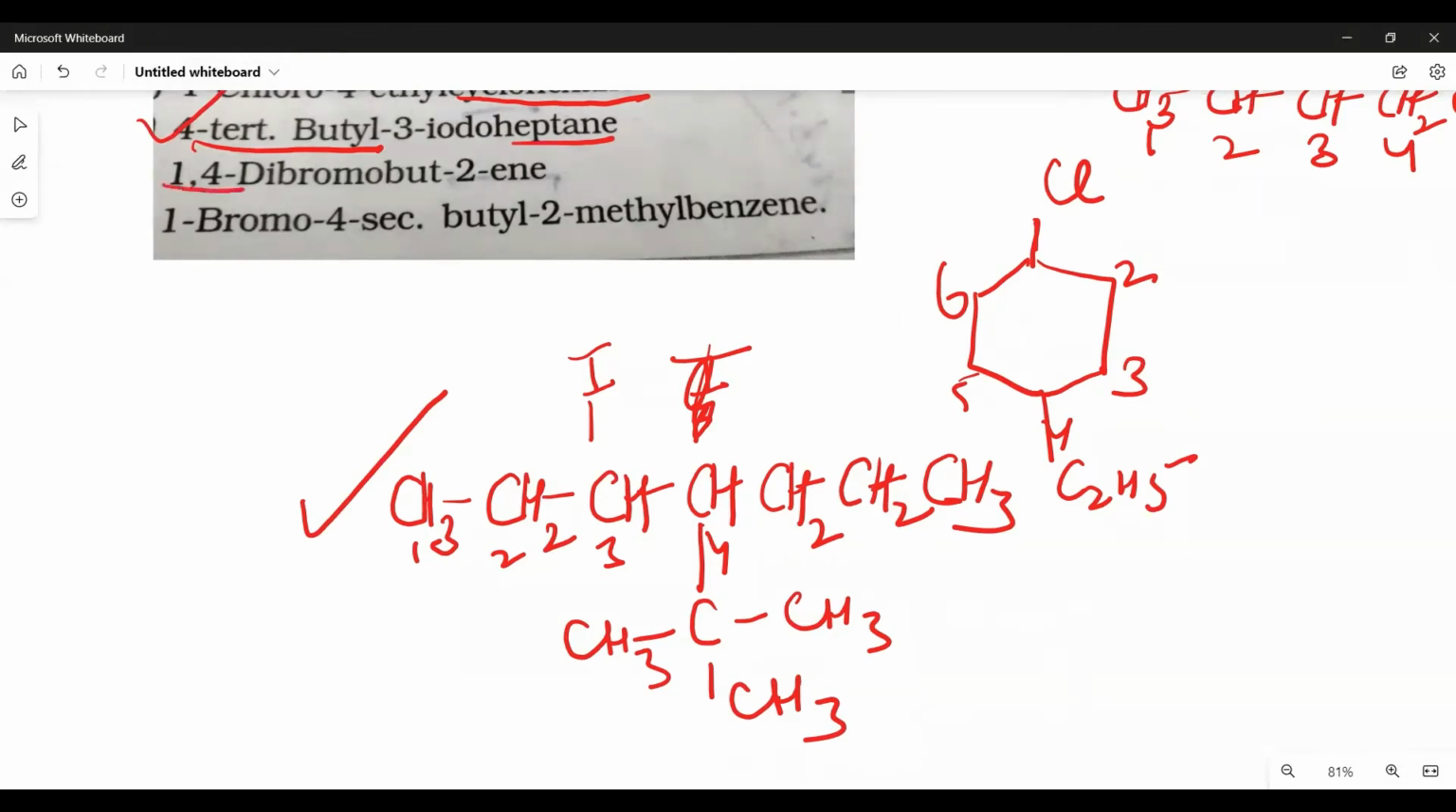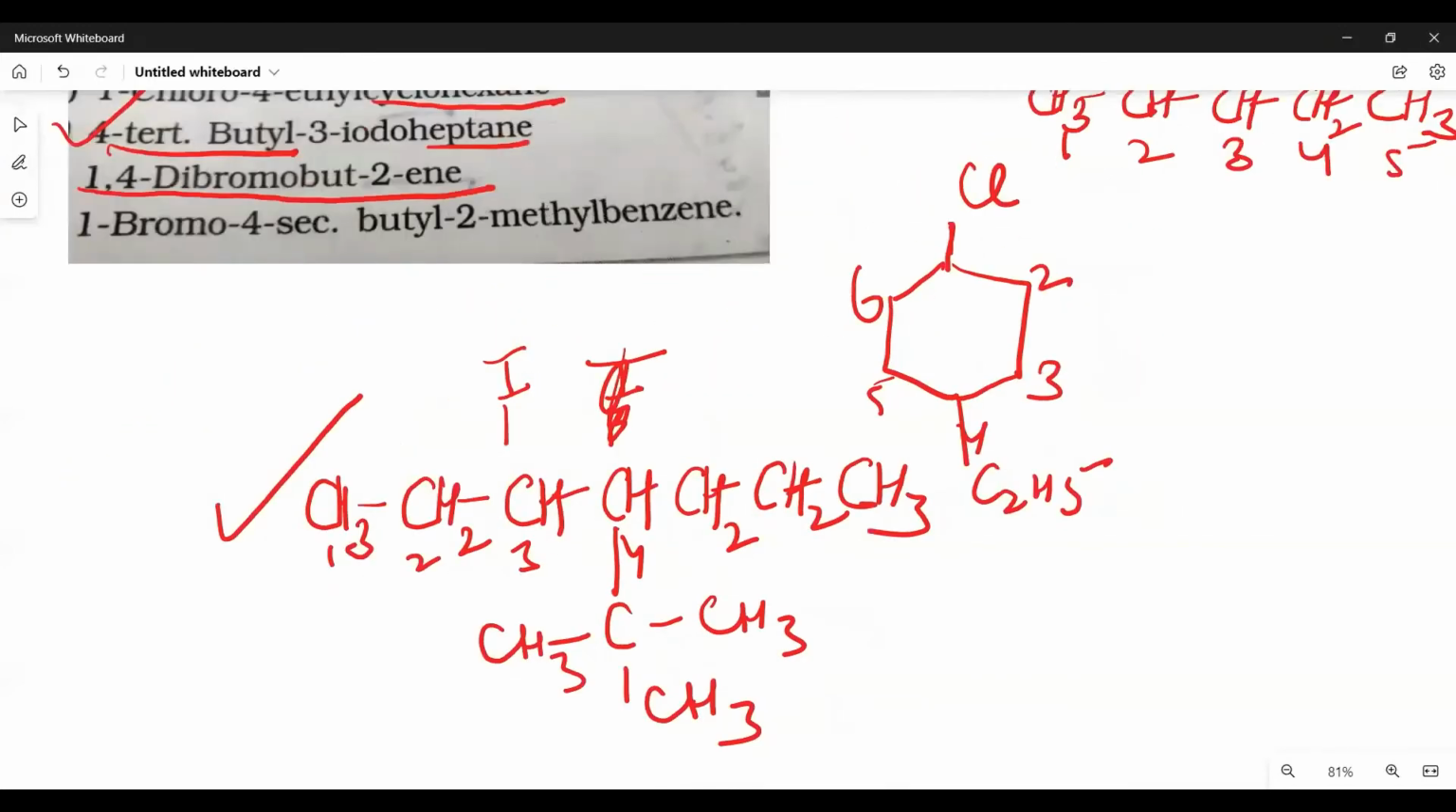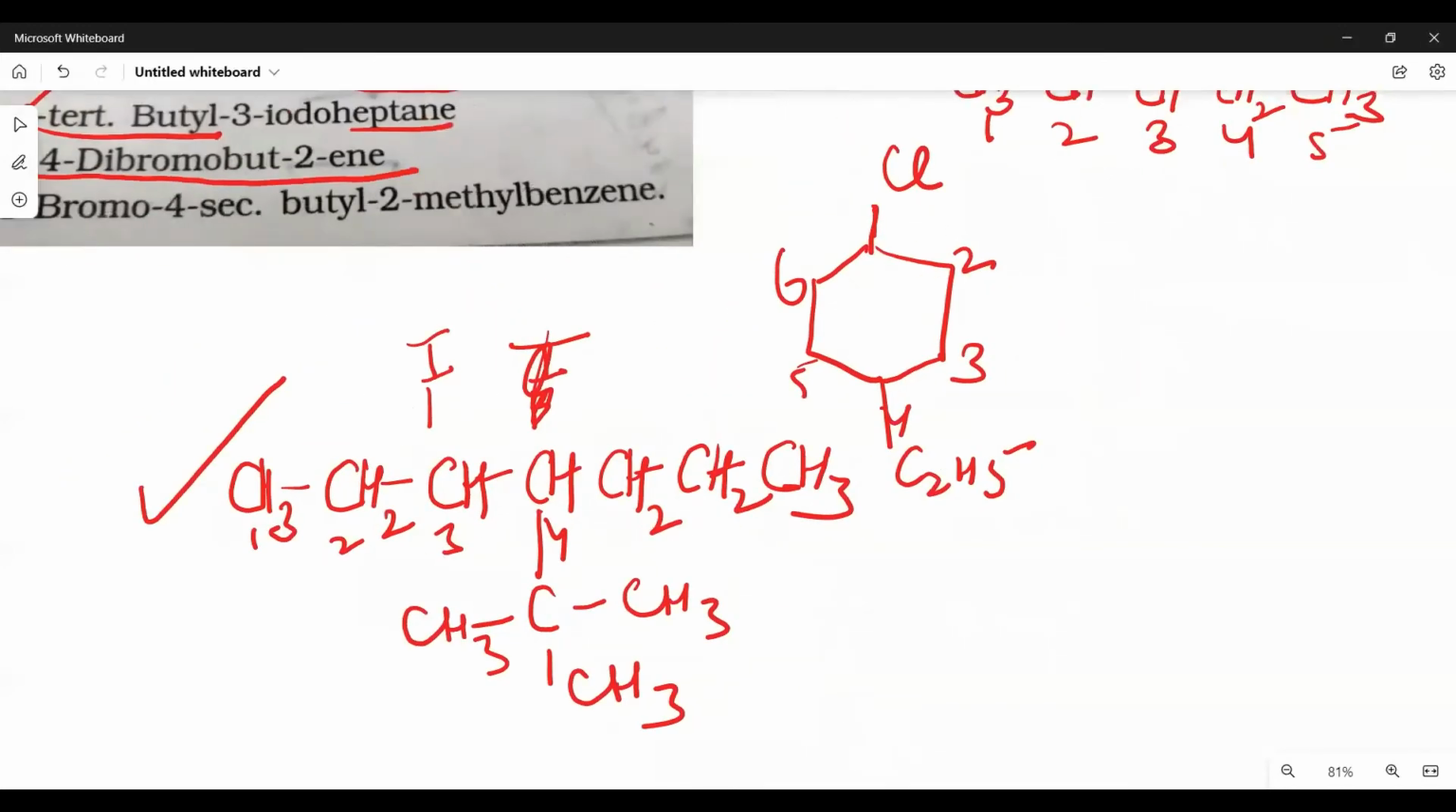Now see, 1,4-dibromo-but-2-ene. So what will it do? But-2-ene: 1, 2, 3, 4. This becomes 1, 2, 3, 4. Okay. The second position is occupied by the double bond. And the